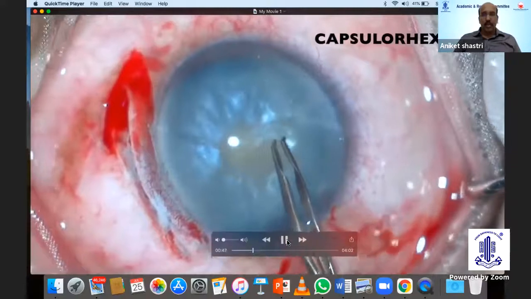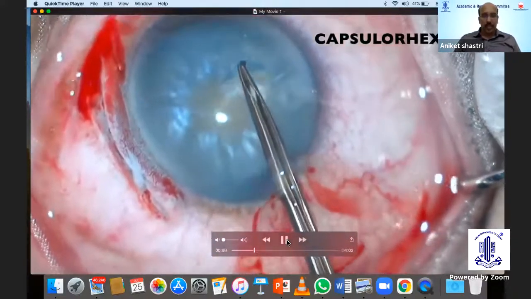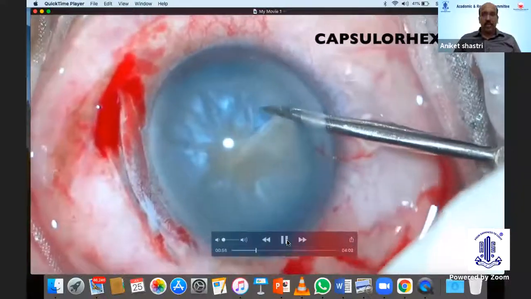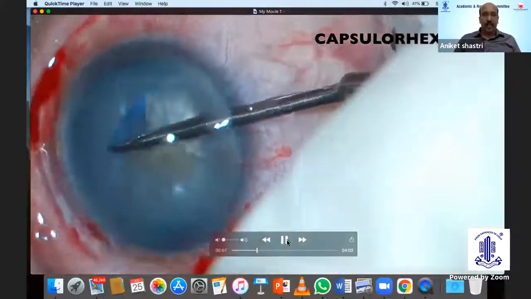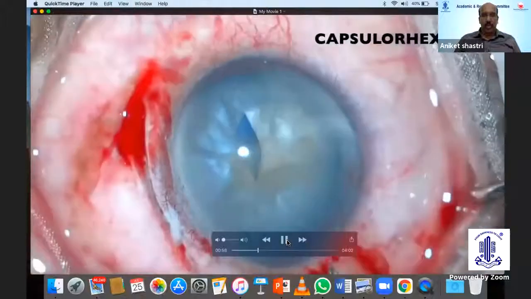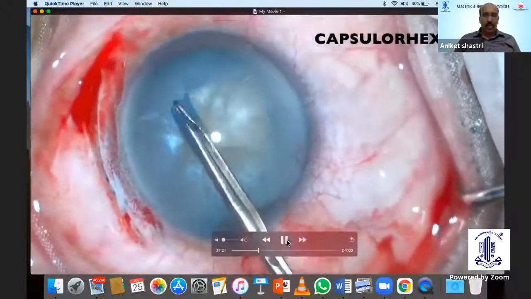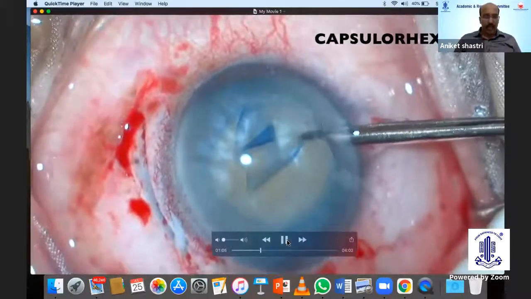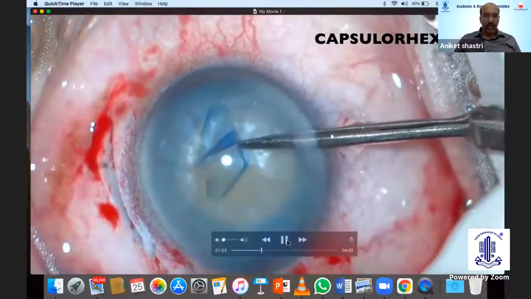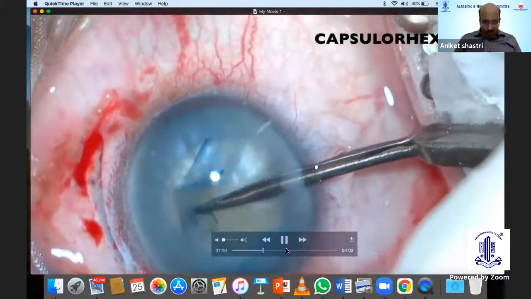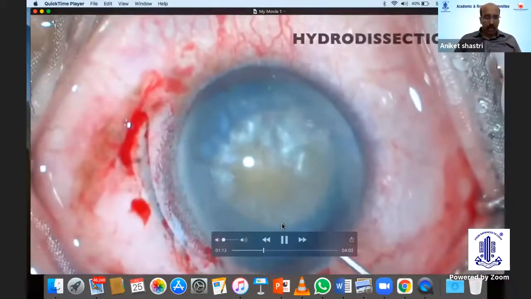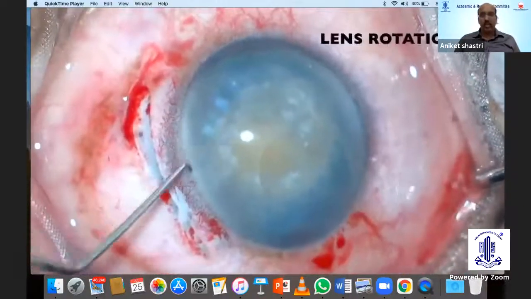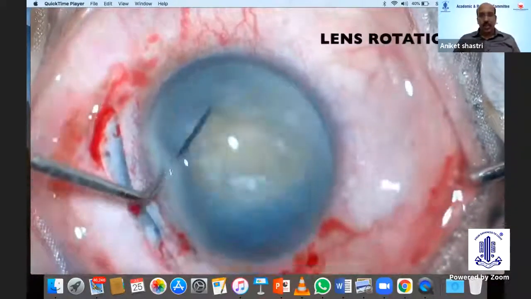The capsulorhexis here was initiated with the capsulorhexis forceps, starting in the area of intact zonules. It's important to start where the zonules are intact because we don't want to stress more the zonules that are already dehiscent. Then gradually progress circumferentially, and the area of the zonular dehiscence is approached at the end. It is important in cases of subluxation to perform a good hydrodissection and hydrodelineation, so the lens rotates freely and it helps you in